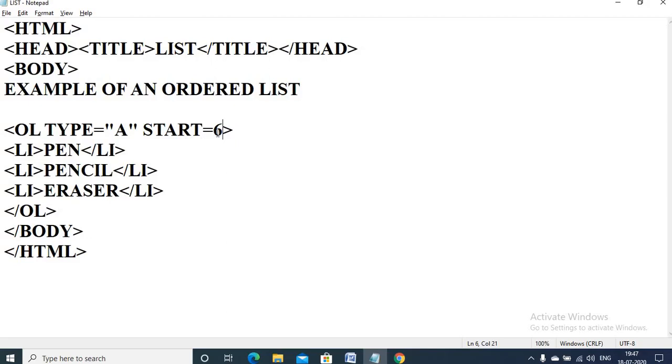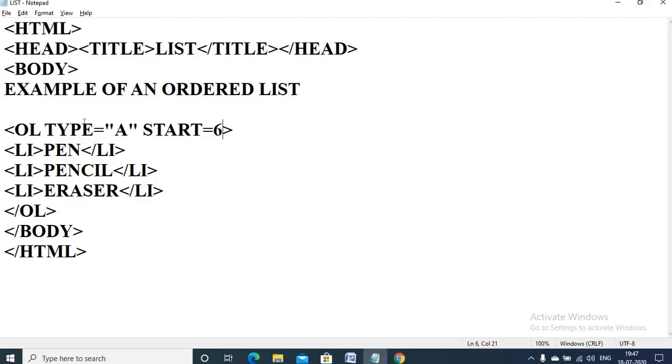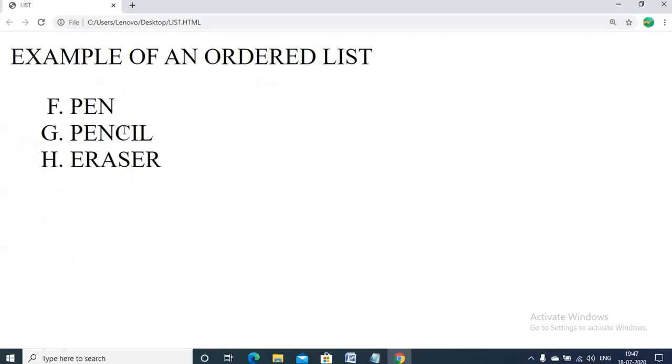Let's see the effect of this. See, it will show you F, G, H. Now suppose you change the type here and give a Roman number, then your list will begin with Roman 6. See, in this way.